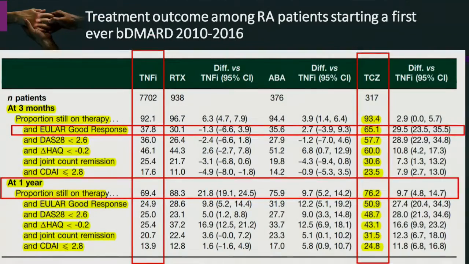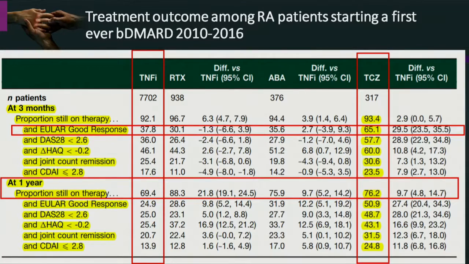Now this is a very interesting and very important slide. We always think about the drug survival rate. When you start your patient on anti-TNF, how many of them will continue? After 3 months, they found that among the different agents there was no significant difference. So probably 3 months is very early to judge. However, most studies report their outcome at 3 months. But look after 1 year. Out of 92, 65 continued anti-TNF. So the drop is around one third of patients, 30%.